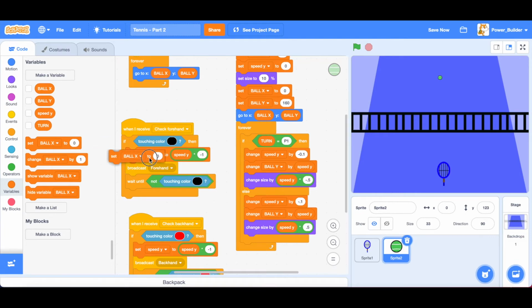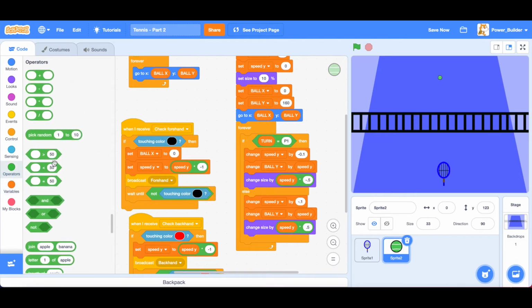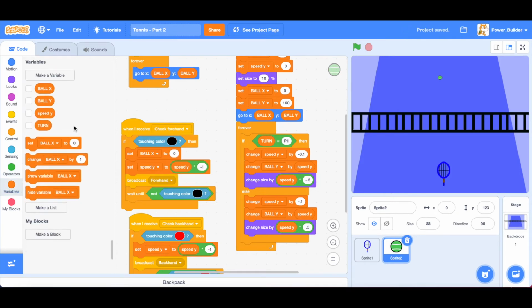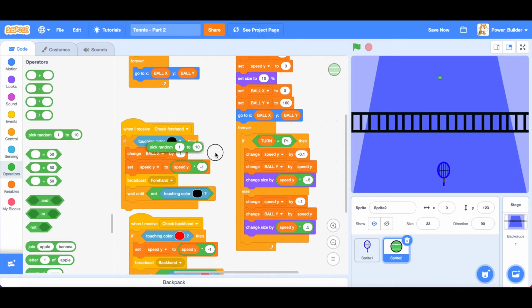Set ball x to... wait, change. If ball x is actually supposed to be change ball x by pick random negative 3 to 3. So it will actually start going different, but it's too less. So something like negative 10 to 10 or something.